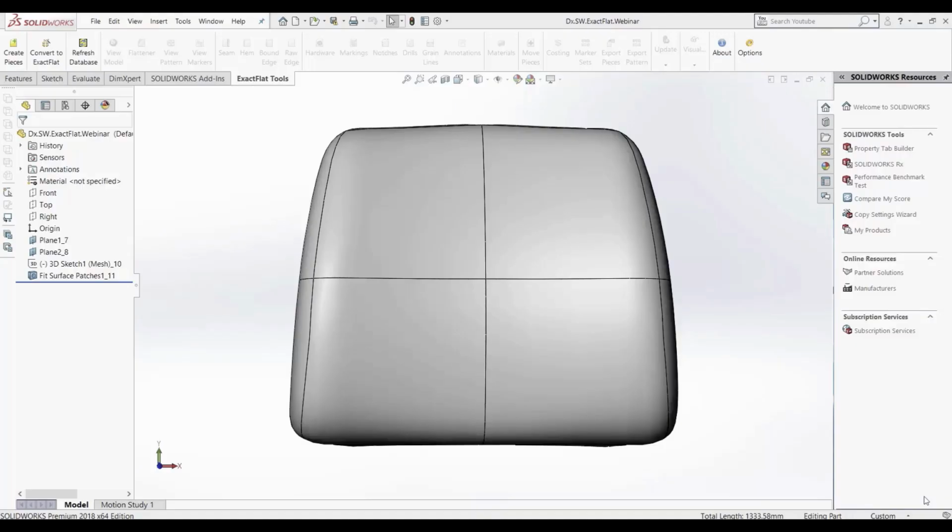Hello, my name is Mark Jewell. I'm with ExactFlat, and I'm here to show you the rest of the demonstration. As you can see, we are now in SolidWorks, and we have used the laser scanner and DesignX to create a clean 3D model. ExactFlat is used to create 2D flat patterns from 3D models, and we are a certified gold partner of SolidWorks. These are our tools up here in the top left: Create Piece, Convert to ExactFlat, and